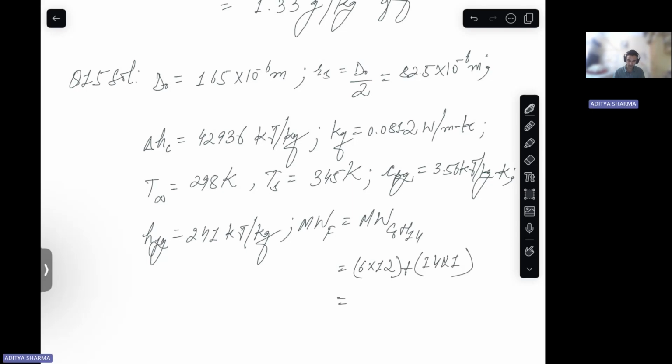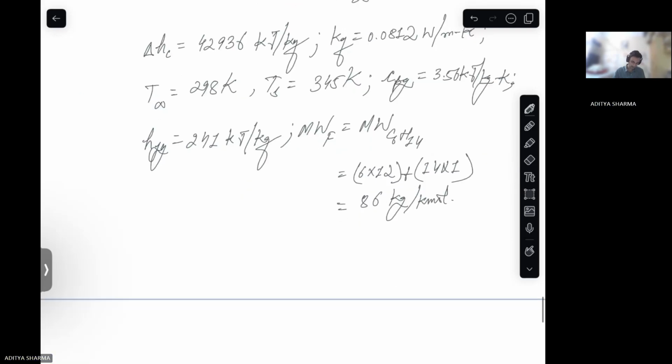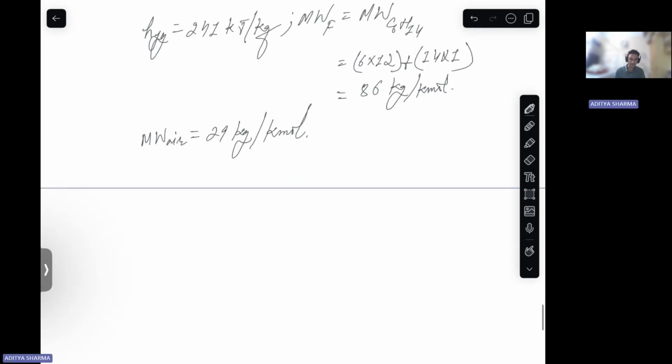This comes out to be 86 kg per kilomole. Now the molecular weight of air is 29 kg per kilomole. Okay. Now after this,